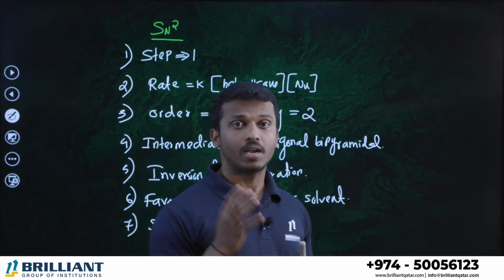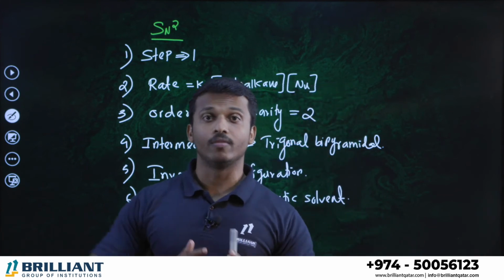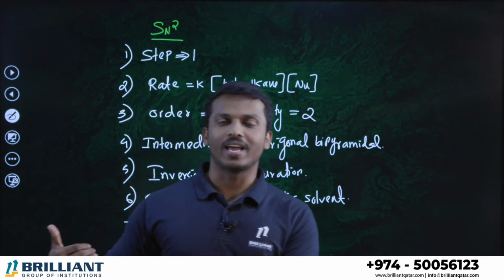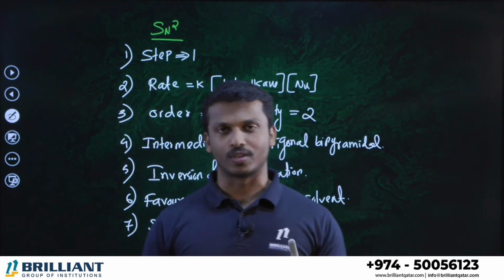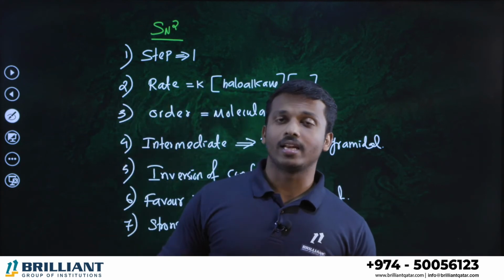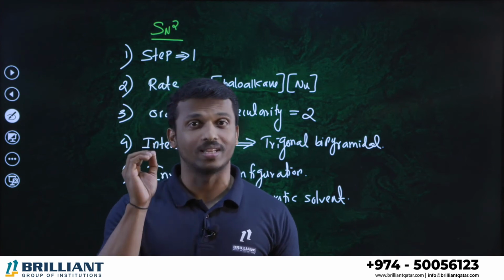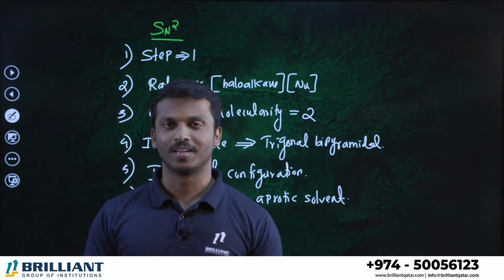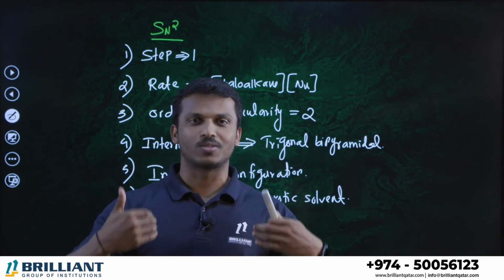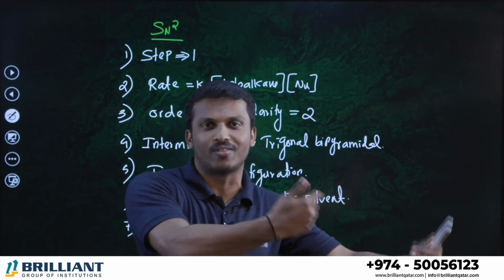But in questions, mainly they will give you different species as options A, B, C, D, and ask which will undergo SN2 reaction faster. We studied in the SN1 mechanism how they will ask the questions, and we discussed some of them. In the SN2 mechanism, what's the thing? In the SN1 mechanism, the reactivity order of different haloalkanes depends on the stability of carbocation. Correct or not? Yes. In the first video we discussed the stability order of carbocations, and accordingly we can say which will undergo reaction faster.